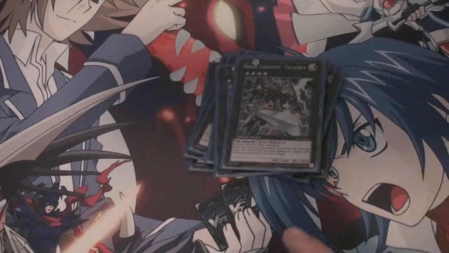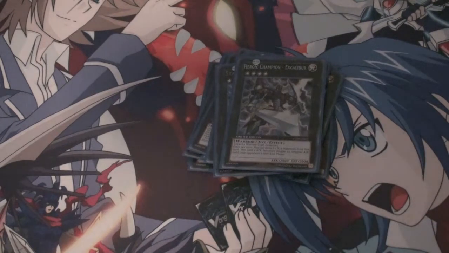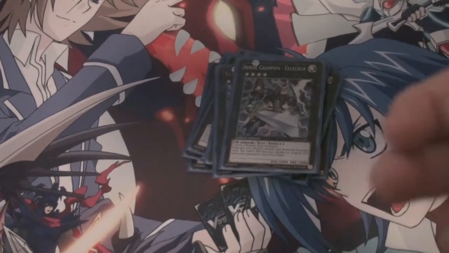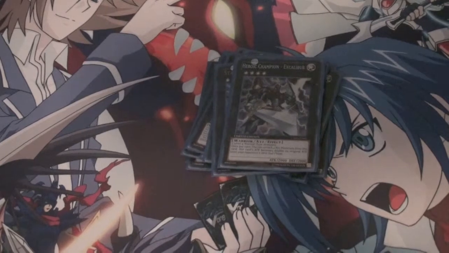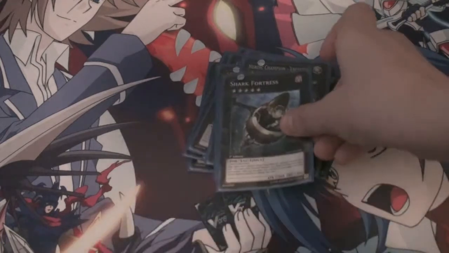Excalibur, this is a part of an OTK that you can use on your first turn. If you're going second, you get a Pollux, an Algedi, a Koss, a Thrasher, and a Dark Hole. Then you go Thrasher. Well, first you do Thrasher, and then you summon Pollux, Algedi, Koss, and then Pollux and Thrasher for Shark Fortress, which I'll tell you about later,